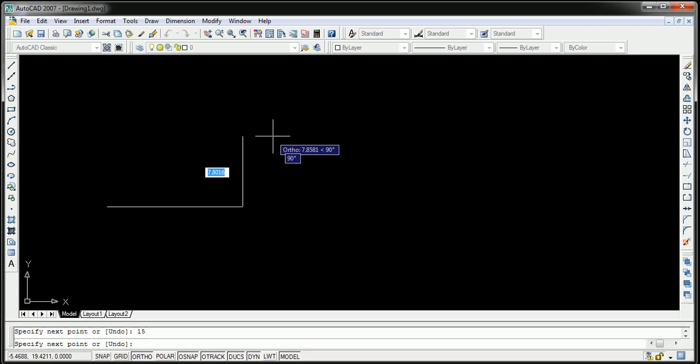Now the command that we selected, the line command, still continues. Suppose we don't have to draw a straight vertical line from the previous endpoint, so simply press the escape button and exit, or cancel, the last command which is line. So this is the line that we drew over here, which carries the dimension, or say the length, of